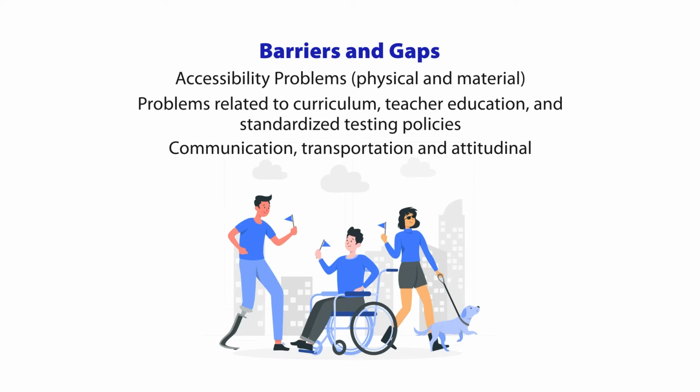When persons with disabilities try to attend any educational institutions, if they have to move physically, then the environment should be made disabled friendly, and all the structures, institutions, buildings and everything should be physically accessible. Like that, the material accessibility, when we talk about the material accessibility, it refers to the academic content